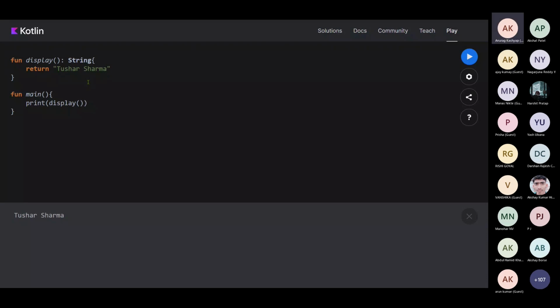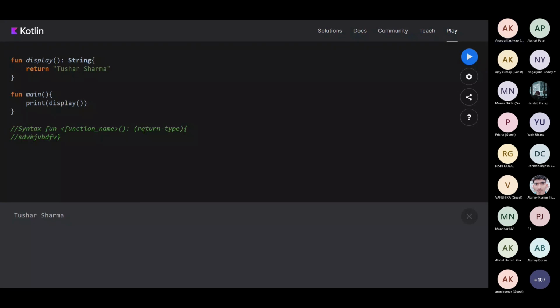So this is how we declare a function. What is the syntax? I'll just write the syntax over here. What does fun stand for? Fun stands for function. Then we write the function name. After that, open and close parenthesis. Then the return type of the function. And after that, we write all our statements inside the function. So this is the whole syntax of the function. This is all what we did yesterday.